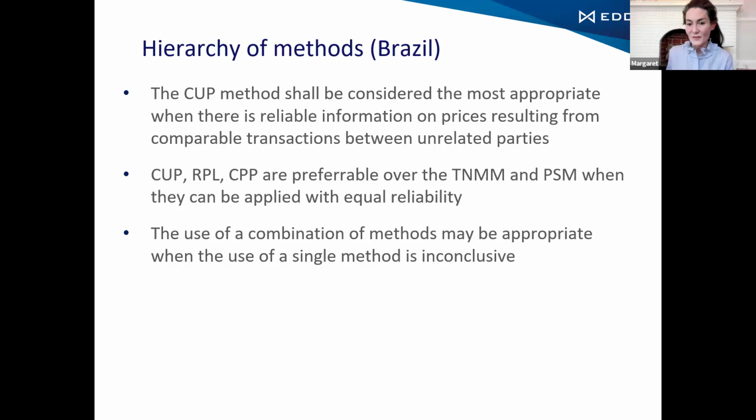And so although the TNMM is the method that is probably used, I don't know, 85% of the time in all of the transfer pricing analyses that I've seen, or that I've talked to other people in the industry about, or that I've talked with tax authorities about, the TNMM is used in the great majority of those cases. And that's good for us because that's the method that you would pick if you're using the TP Catalyst tool that we're going to talk about in a minute.